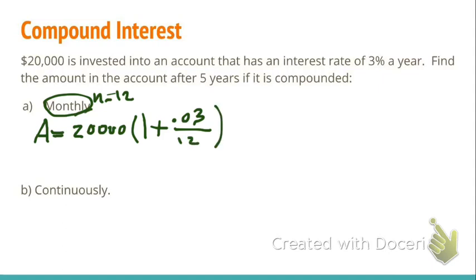So if it's compounded monthly for 5 years, you're really compounding it 60 times because it's 12 times a year for 5 years. So that's why the exponent is going to be 60, which is the same thing as 12 times 5. So when you're compounding monthly, instead of getting 3% a year, you're getting a 12th of 3%, 12 times a year. So you actually make a little more money that way. Type that all into a calculator, and you get